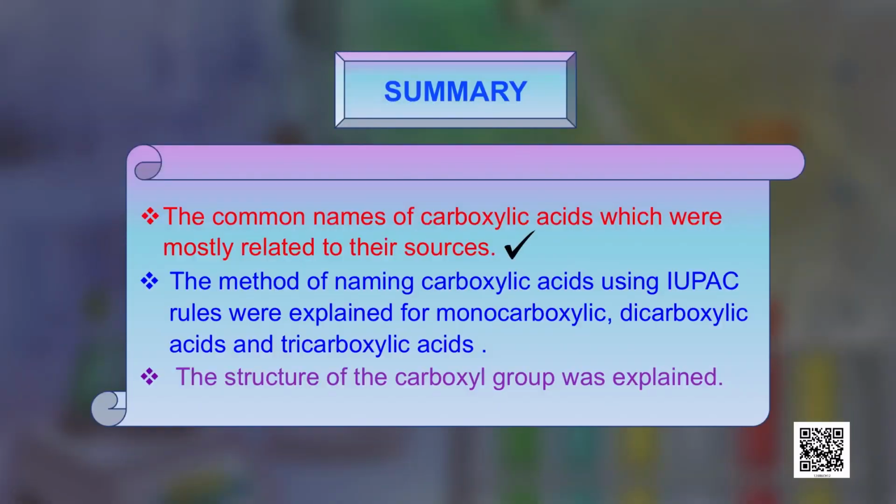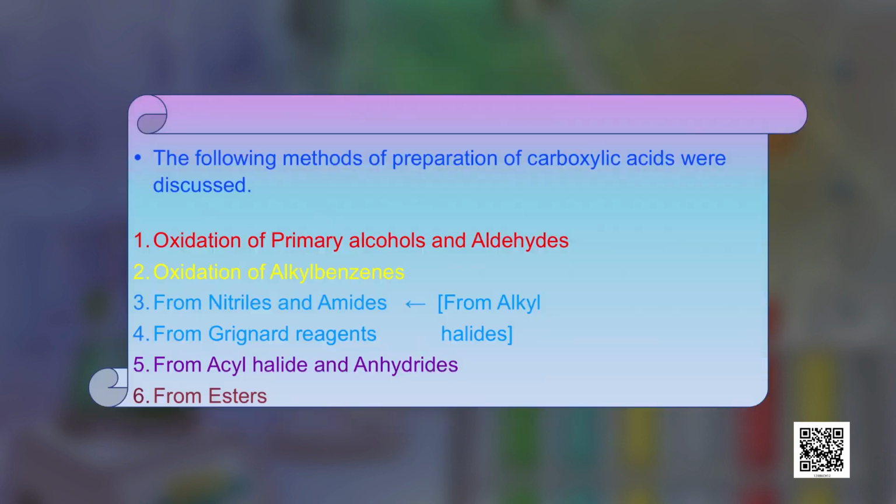And it will be good to revise by summing up the important points which we have learnt in this program. The common names of carboxylic acids can be related to their sources. The method of naming carboxylic acids using IUPAC rules was explained here for monocarboxylic acids, dicarboxylic acids and tricarboxylic acids. The structure of the carboxyl group was explained. We also discussed the following methods of